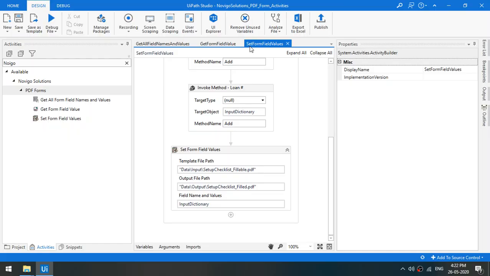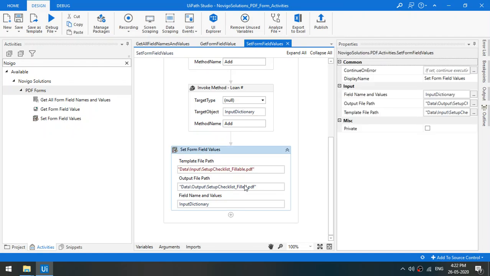This activity will take a PDF form template as input along with the input dictionary and a path to the file where the output will be written to. So again, this will be an editable PDF form itself. It is just that the template will be taken, the values will be filled in it, and then written to the output file path.